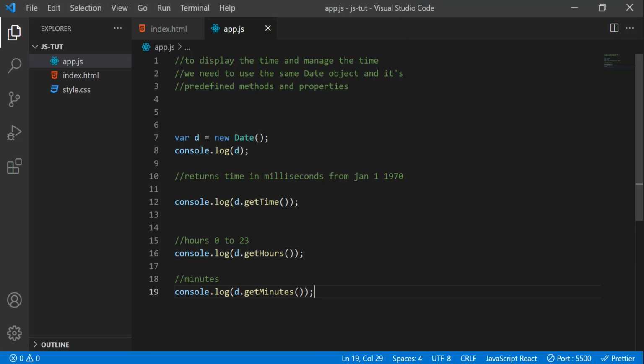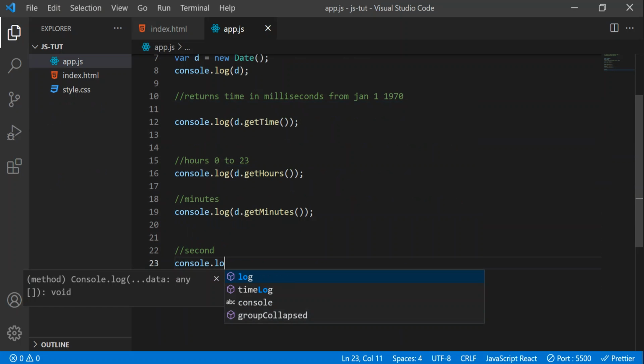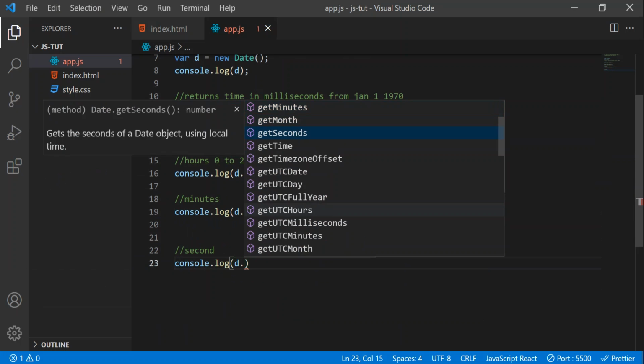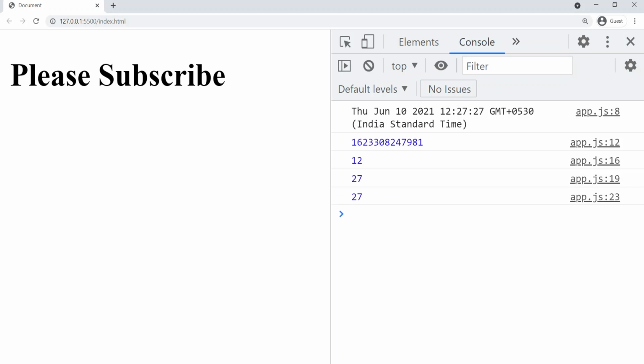So now let's go back. Now let's see the seconds. Here I write console.log, and simply we should pass getSeconds and open the parenthesis. So now it will display the seconds. Right now it is 27 seconds. If I refresh it, 31. If I refresh again, 32. So like that every time we need to refresh it.